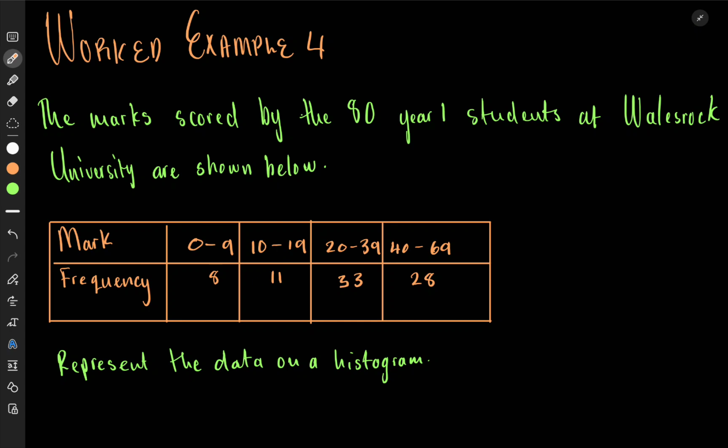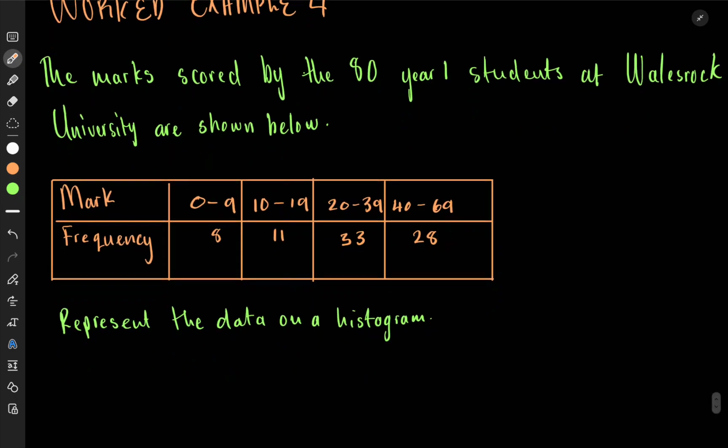Okay, so here is our worked example 4. It's saying the marks scored by 80 year 1 students at Wells Rock University are shown below. And here are the marks. Now it's saying represent the data on a histogram. So you should represent the data on a histogram. Well,